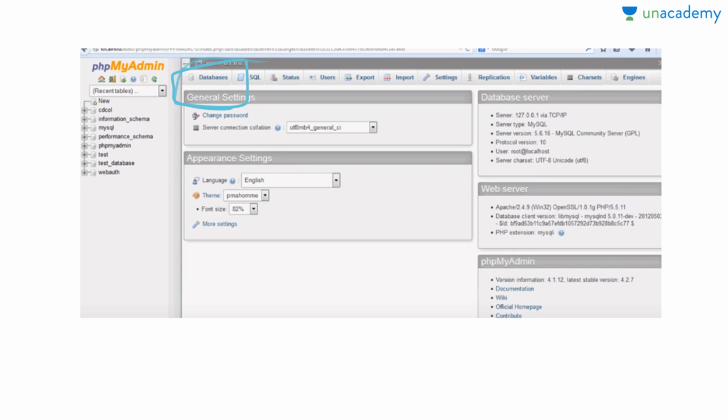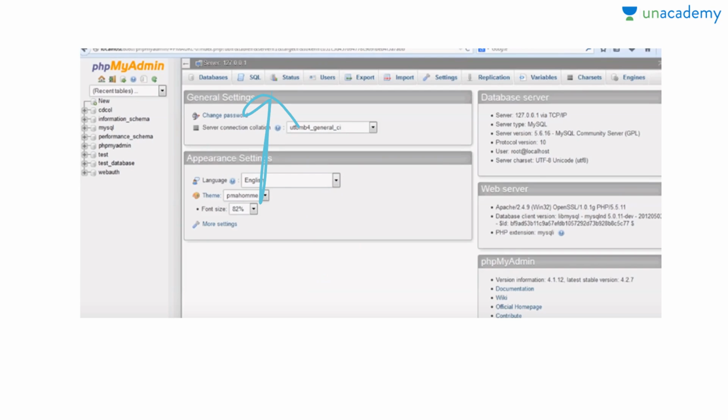In the very next tab we have your SQL. In SQL you can run your SQL queries, just like we have been typing up our programs in PHP language. SQL stands for Structured Query Language, and in SQL we can create tables, and create the forms we have been using in PHP. Those forms' data, when submitted, goes into this database through SQL. SQL is basically a language to build a connection between your PHP programs and your database.